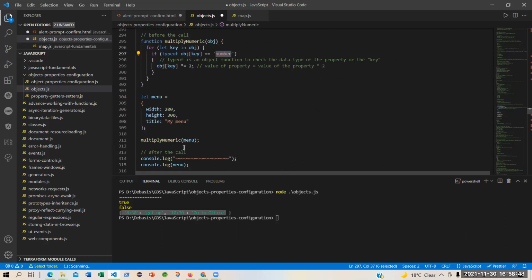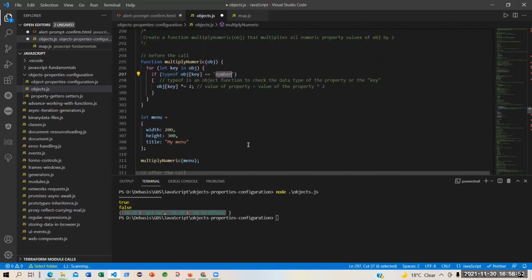Sir, if you multiply a numeric character with a string, then what will be the output? Will it be NaN or my menu? What do you think it should be? Here, if I take away this if condition, right? Yes, sir. I will take out this if condition. I'm forcing my menu to be multiplied by 2.